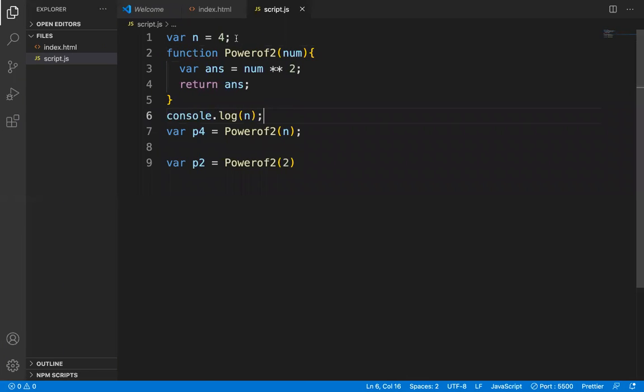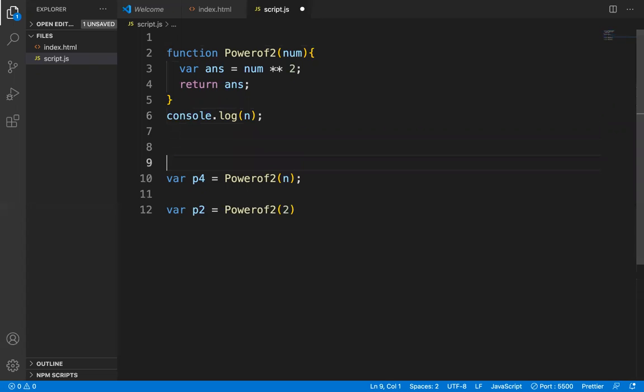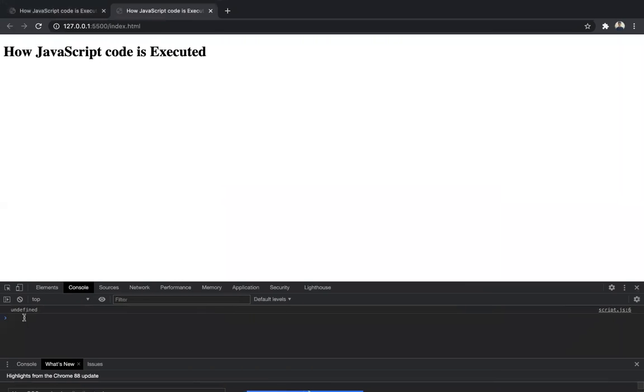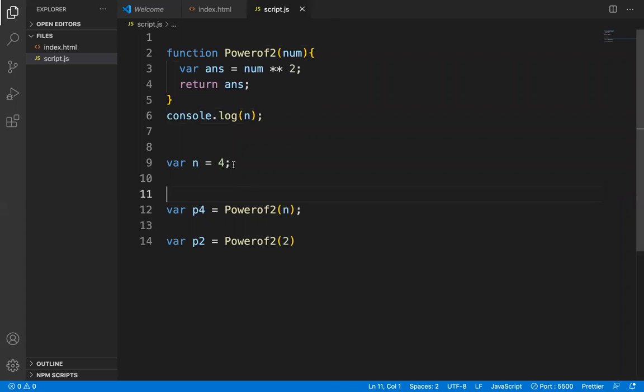But what happens if I initialize it after the console log? What do you think will happen? It will show us undefined, but it is not saying that n is not defined, which means n is present in memory.